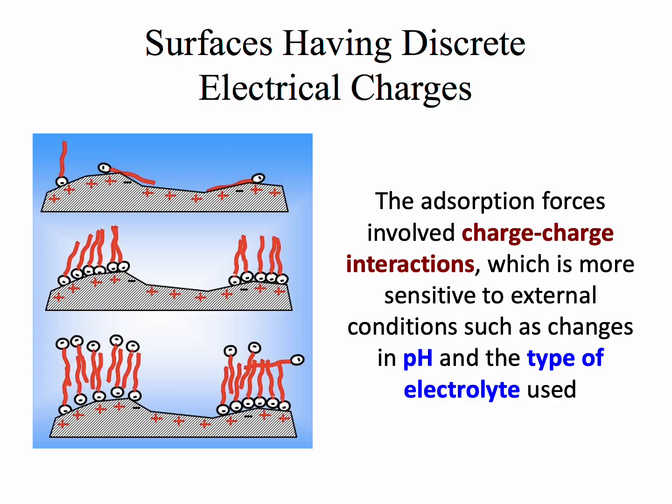Let's move to the final type of surface, which is surfaces having discrete electrical charges. These surfaces contain clearly defined positive or negative charge sites, and this significantly affects how adsorption occurs. In this case, the dominant interaction is charge-charge interaction, also known as electrostatic interaction. Compared to the previous surfaces, this type of interaction is much stronger, which leads to stronger adsorption of